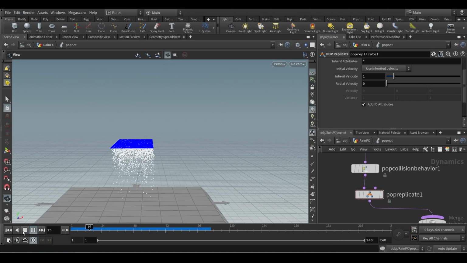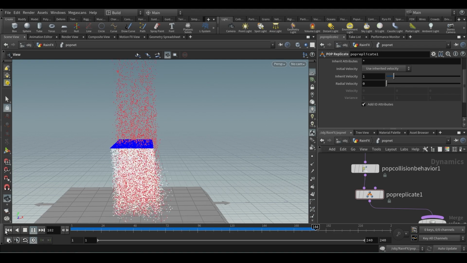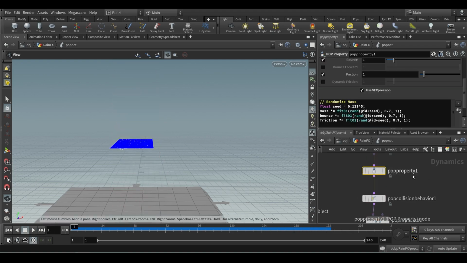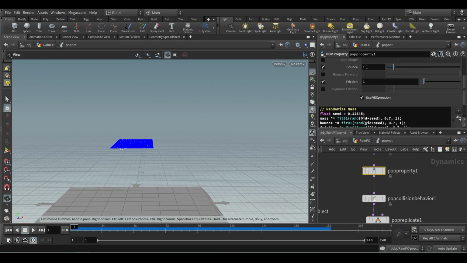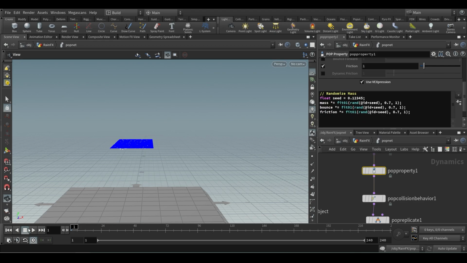You can see it is bouncing back a lot. You see the red replicate, the red one, is bouncing back a lot. That's actually because in the pop property our bounce scale is big. In fact, the value from here is trying to multiply with this one. So what we can do is put here maybe 0.1, so that in total this will be the bounce value, and this is going to multiply. So when you play right now, you can get a small bounce.